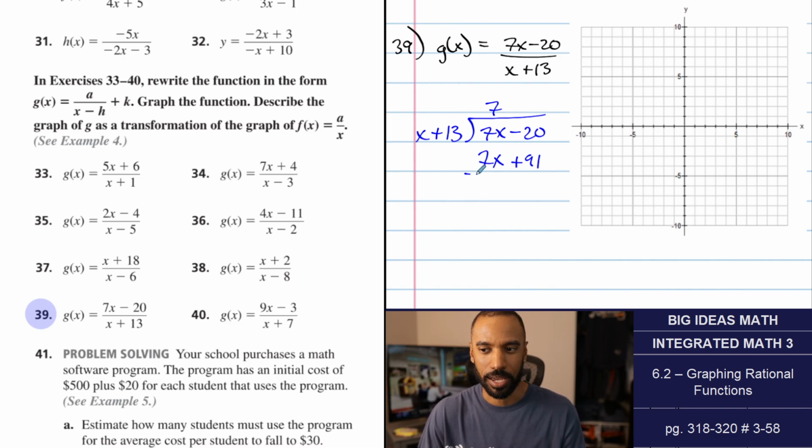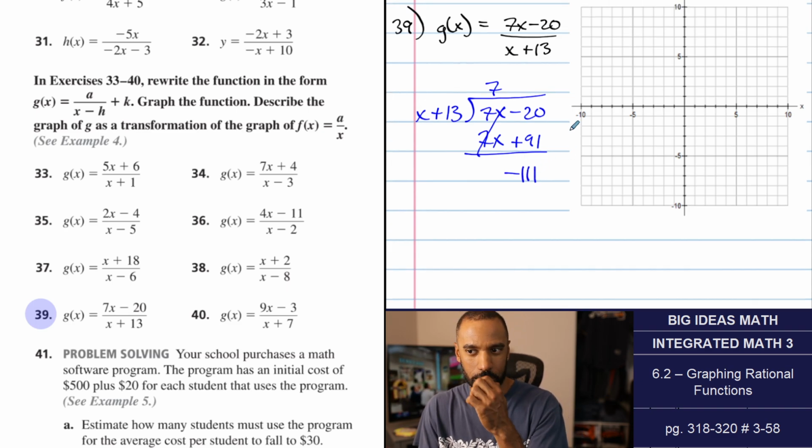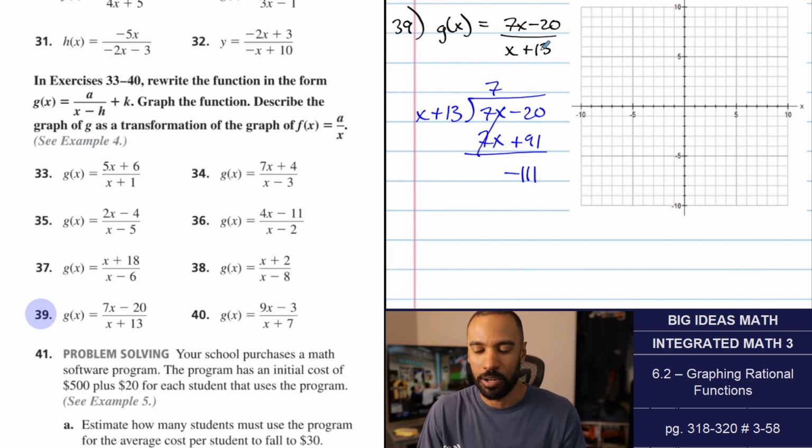This is our A value, guys. When we subtract this, we get negative 111. All right, things were looking good to me for a sec. Oh, you know what? This is already bad to begin with, the plus 13. I'm going to have to change some sort of scale, clearly. So we do have